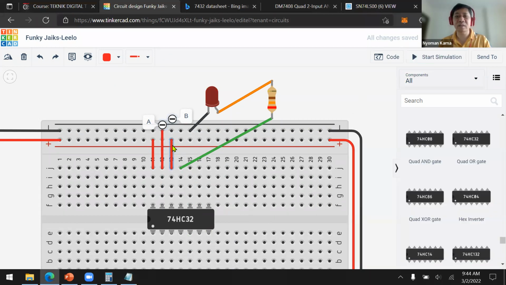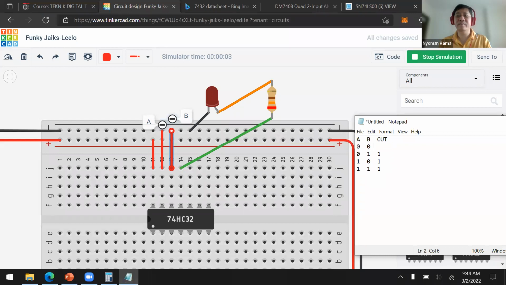Now the last combination is both are 0 or ground. The output is 0. So this is the truth table of the OR gate. It's something like an addition: 0 plus 0 is 0, 0 plus 1 is 1, 1 plus 0 is 1, 1 plus 1 is 1. Okay, this is for the OR gate.